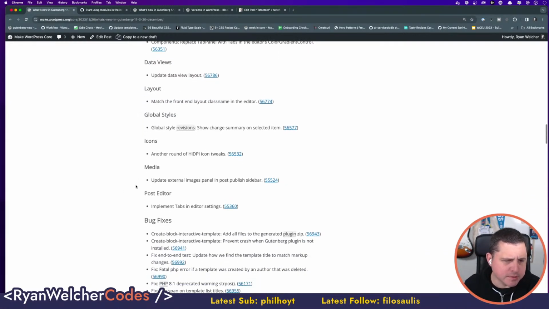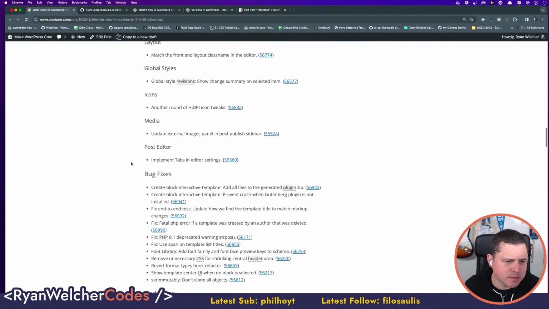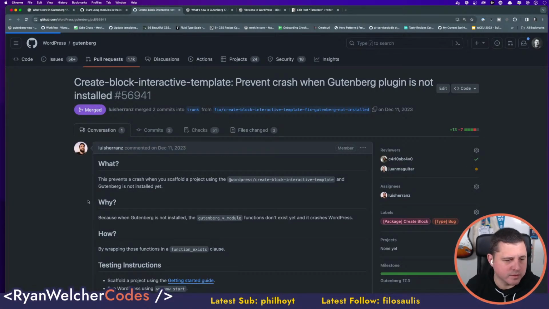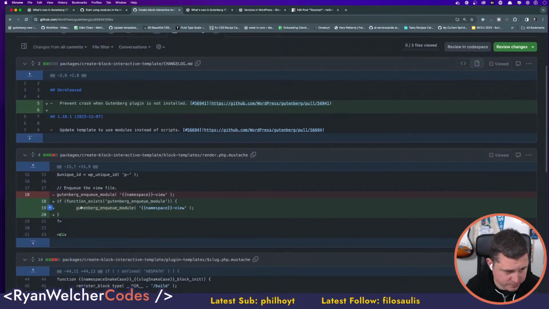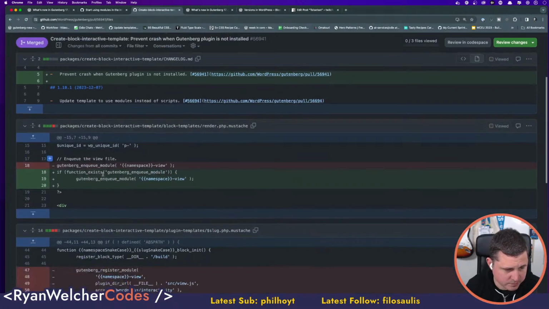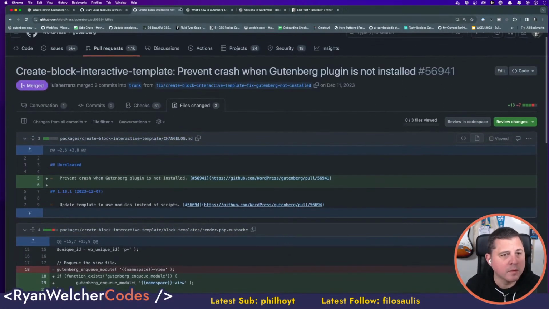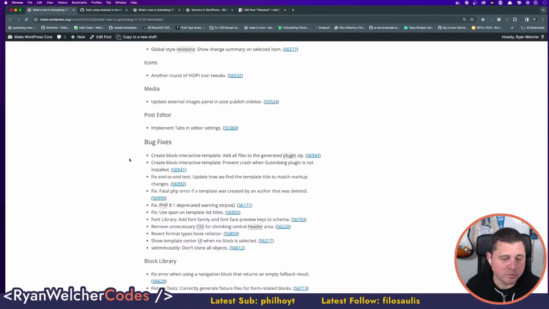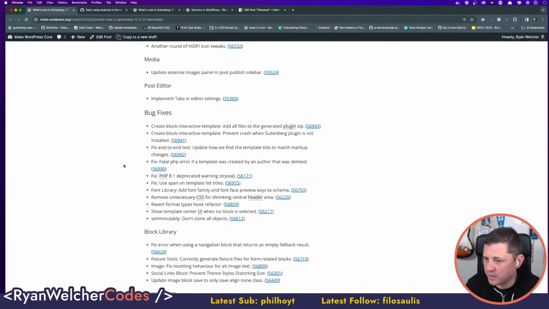All right, icons. Okay. Let's do create block. Create block: the Gutenberg plugin is not installed. No, that's it. That's smart, because you do need to have it. So do they just not load it? Yeah. That's all you gotta do there. Okay, cool. Because you do need to have Gutenberg installed in order to work with the interactivity API right now.